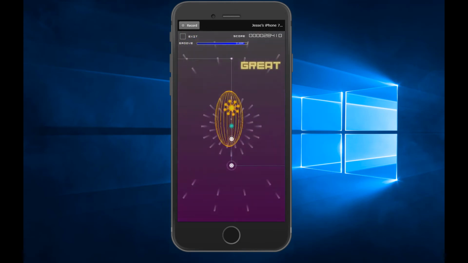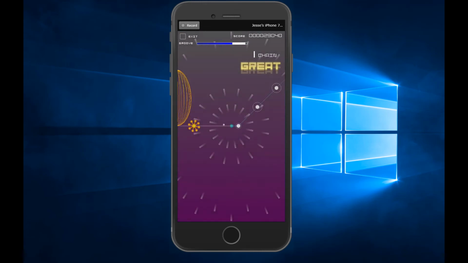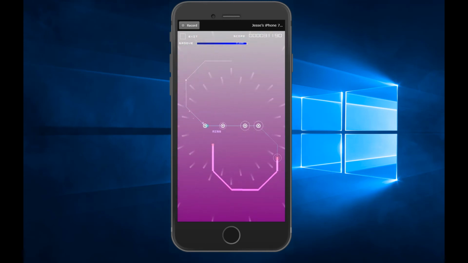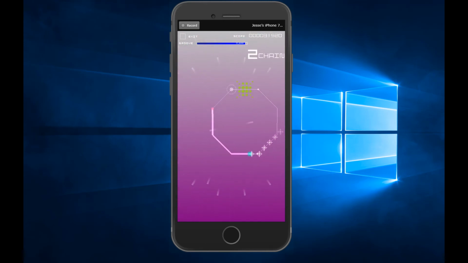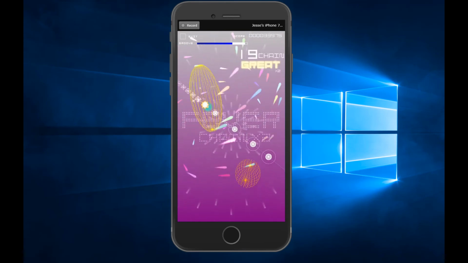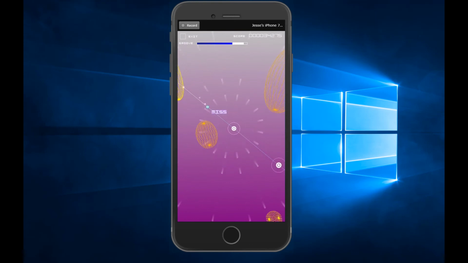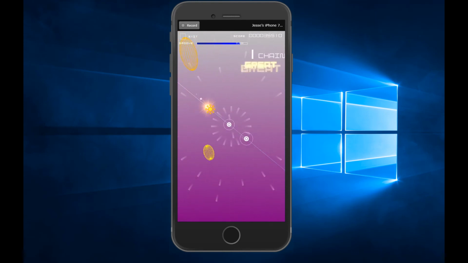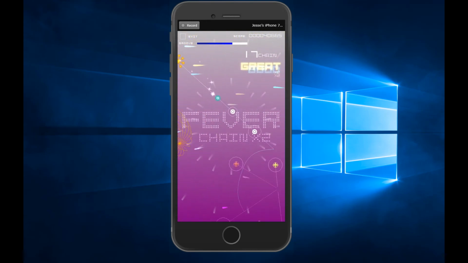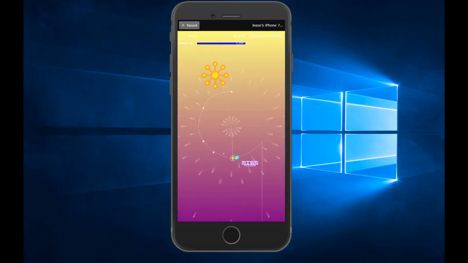Okay, hold it. There we go. Okay, where the hell is... Oh, okay. Yeah, see, when they loop around each other like this, it can be really difficult. And the flashes and the color changes, you get a little disoriented. You think it's going to go one way and then it just swoops back on itself. It gets kind of hard.